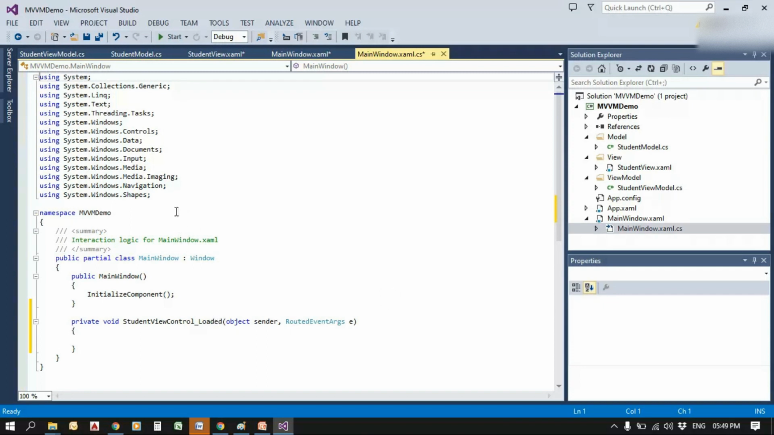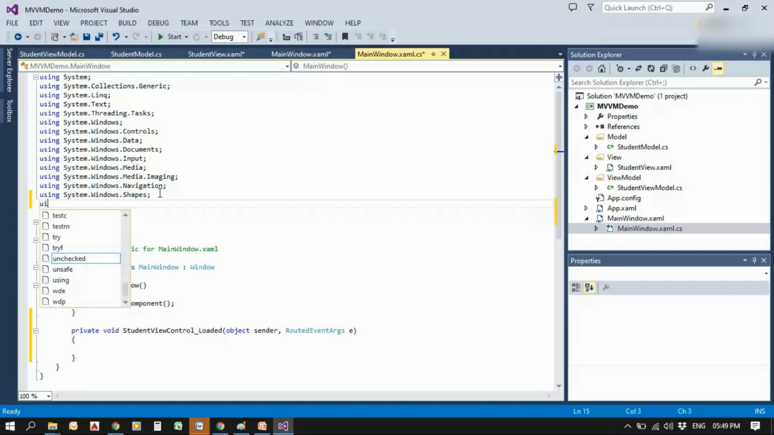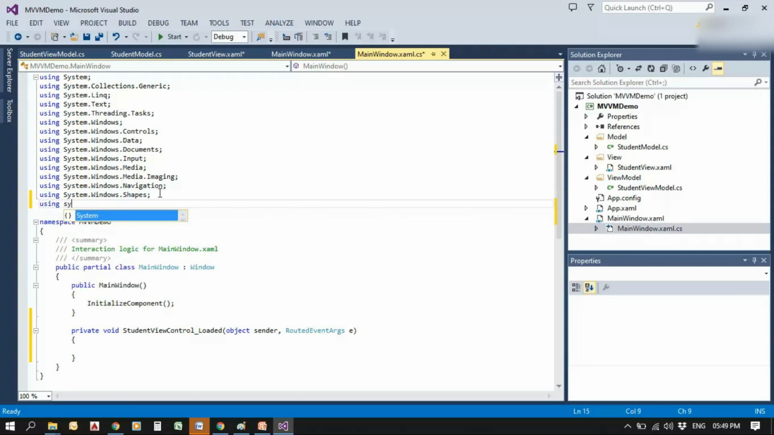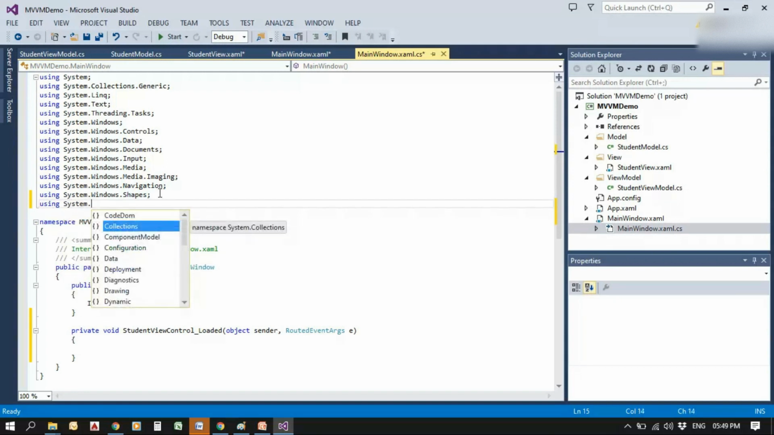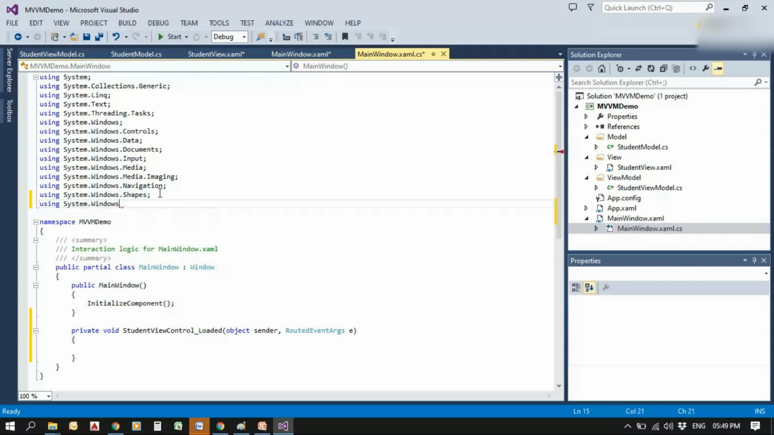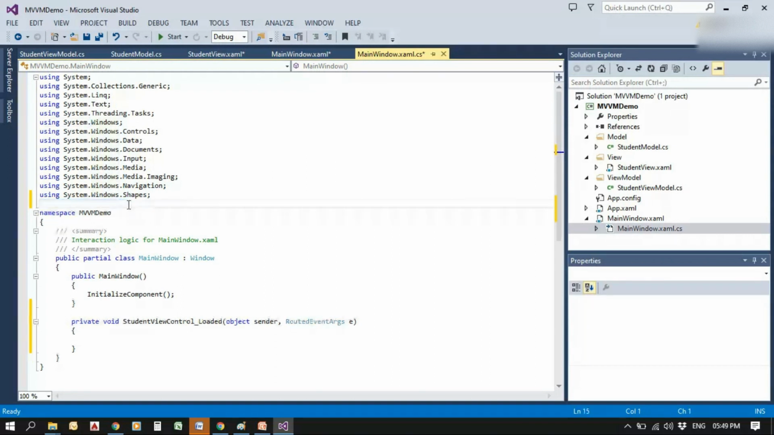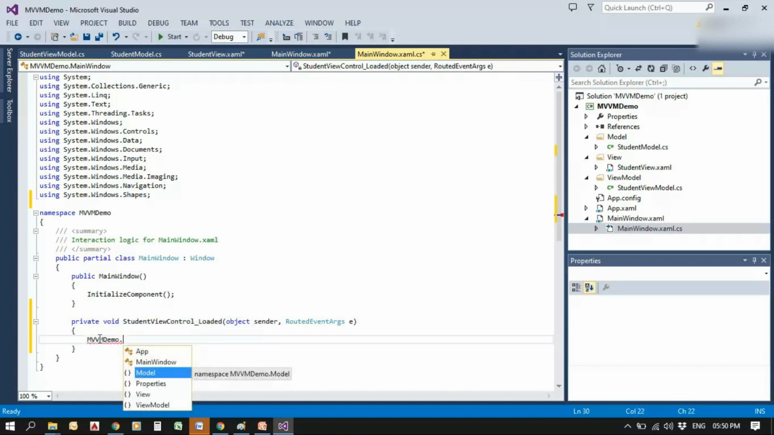So inside the StudentViewControl_Loaded, that is, we have explained in MainWindow.xaml, we have created a load event over here, and we need to give a using directive which is using System.Windows. Oh, it is already there, so we don't need to give it, sorry. And inside this function Loaded, we can write the code. First of all, in MVVMDemo.ViewModel